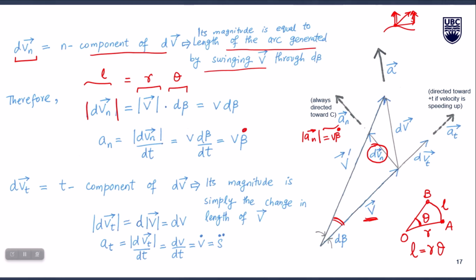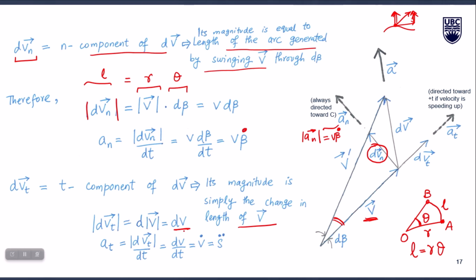So in the tangent direction, the change is only occurring in the magnitude, right? Therefore, the magnitude of this v sub t should be simply the change in the length of the v vector. There is no direction change here. In the first case, the v vector was changing direction also, but in the second case, dv sub t and the v vector have the same direction, that is the t direction, right? So change in velocity in the same direction is simply the change in the length of that vector, which is the velocity vector. So the magnitude of the dv sub t vector will be simply equal to dv, which is the change in the length